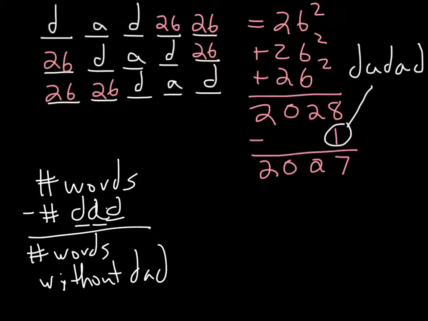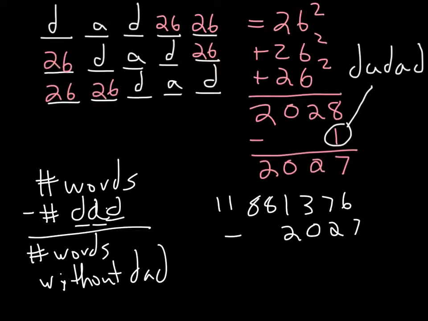So, what numbers do we have? Well, the number of words we calculated was 11,881,376. And we're going to subtract off the 2027 words that contain DAD as a subword. And if we subtract those, we get,